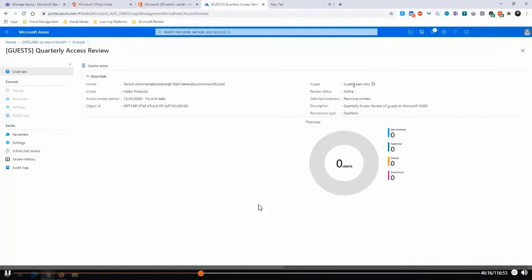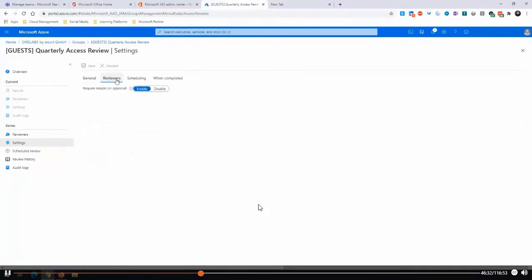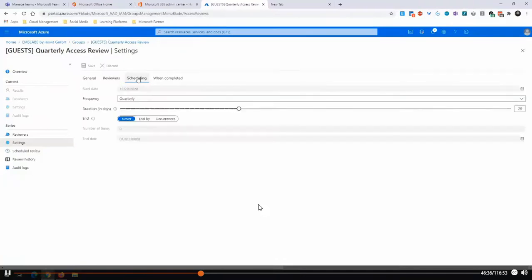I scope it to guest users only, for example, and I do it quarterly. That's basically the stuff what we can do here. Let's take a look at the communications. First of all, we have the mail notifications that are enabled, the reminders. We define the specific reviewers, that's enabled for that, and we have a specific scheduling on that part. So that would be an example of an existing one.